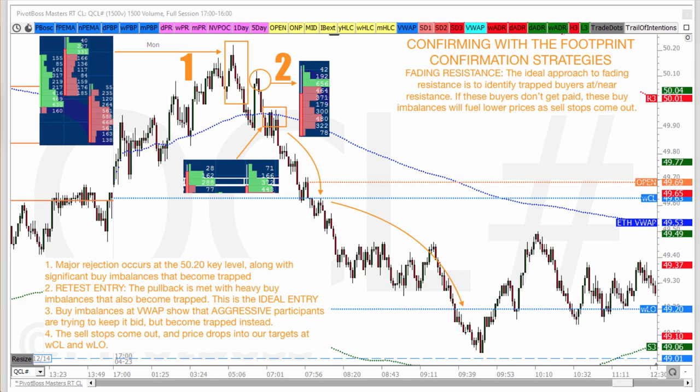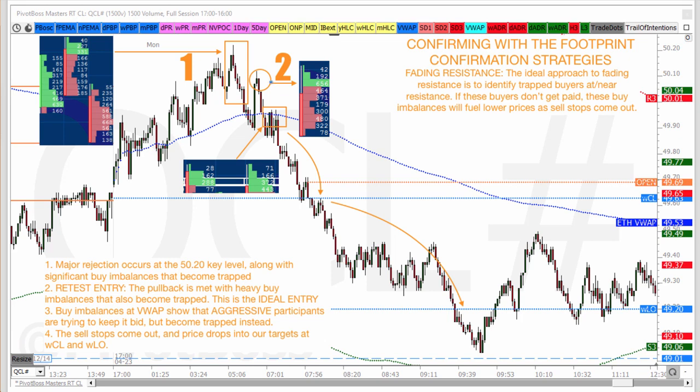Now again, it won't always be that perfect. It's up to us to read the market's reaction. And oftentimes what I tell you is you don't even have to do anything. Just let it happen. Just wait and let the rejection happen. Once this major rejection occurs, there's going to be a re-entry. It's very rare when you don't get that re-entry, but there's going to be something. There's going to be an opportunity to get in, but you can see what happened here, and it played out perfectly.